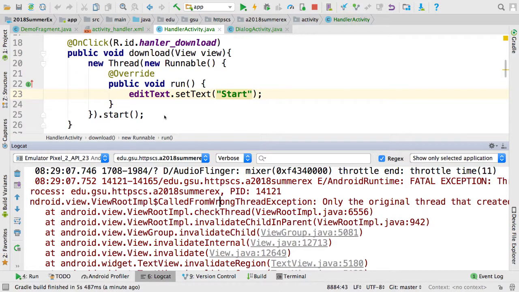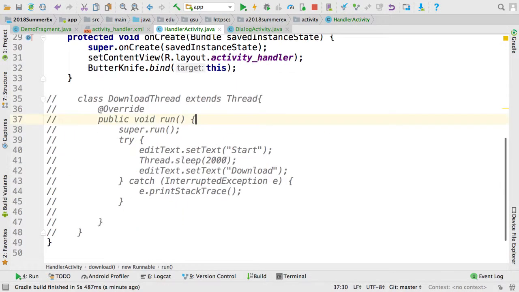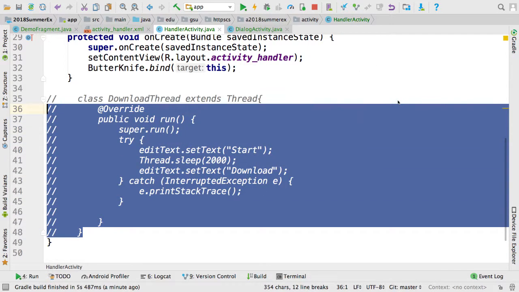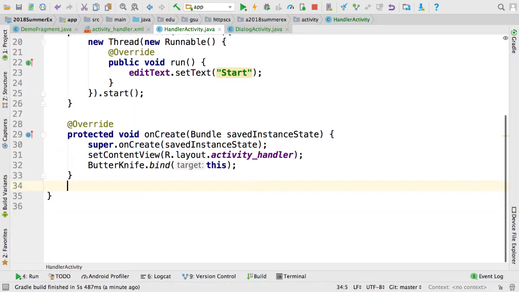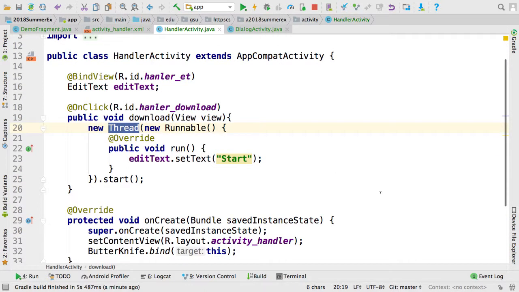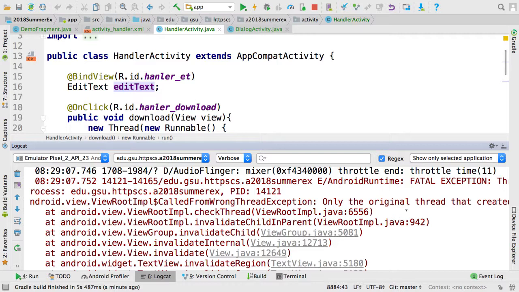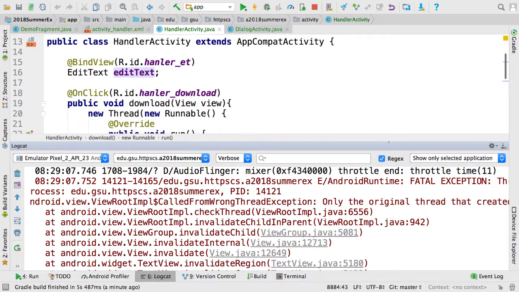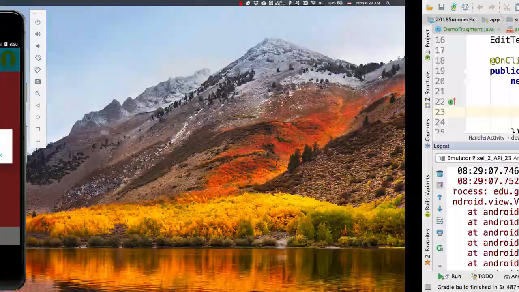Because we create a new thread, and in this way they will not stay in the UI thread. Here we create a new thread, then update the edit text in the new thread. So we will get a called from wrong thread exception, because like this picture,